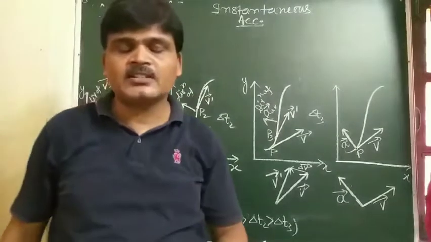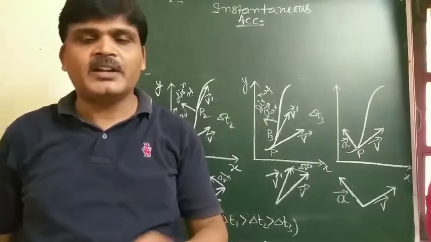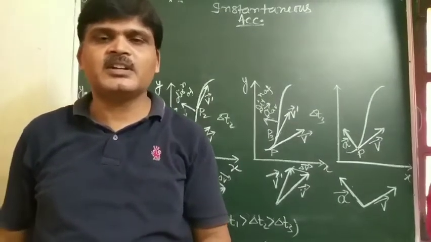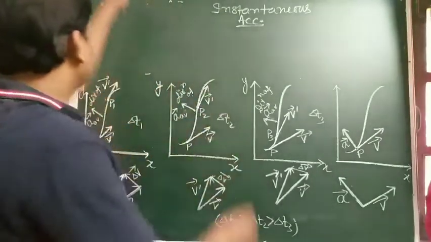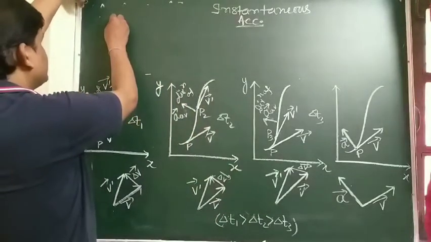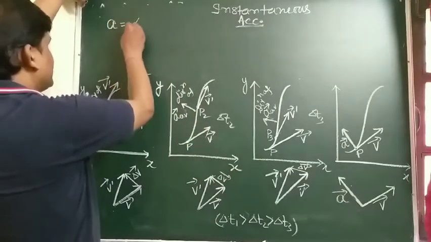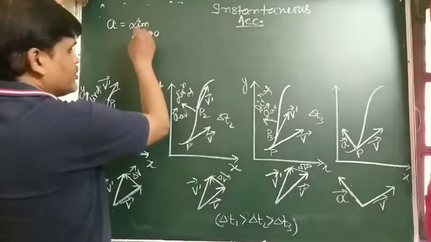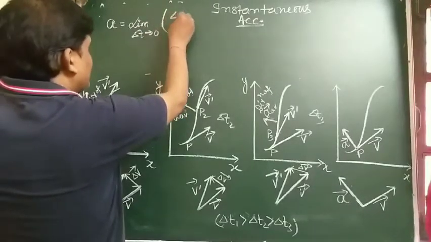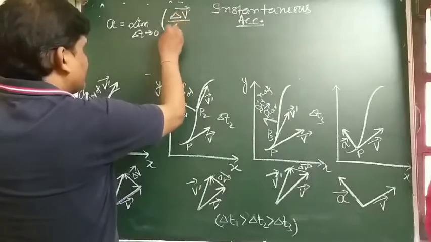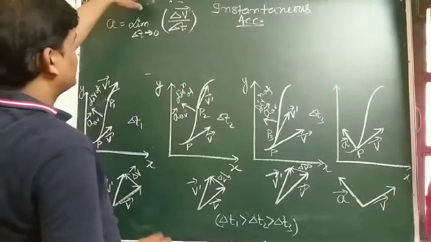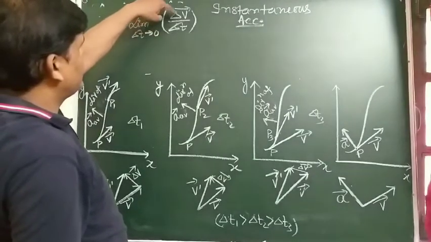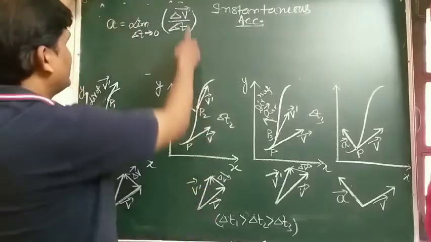So instantaneous acceleration can be obtained by taking the limiting value of average acceleration as the time interval approaches 0. So instantaneous acceleration can be written as a equals limit delta t tends to 0 of delta v vector by delta t. And students, you know that